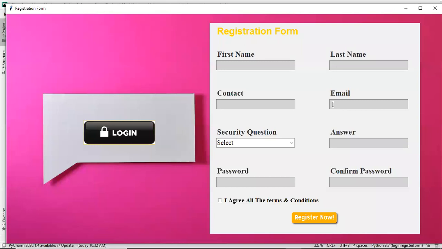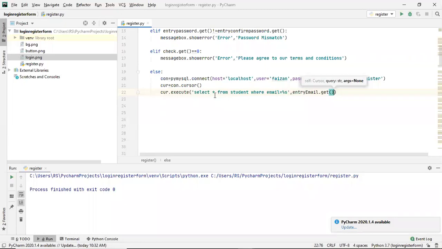If this email already exists in our database, then we will be displaying an error message that user already exists. That is why I am executing this query. So select star from student where email equals, so we will select all the rows of this email column.